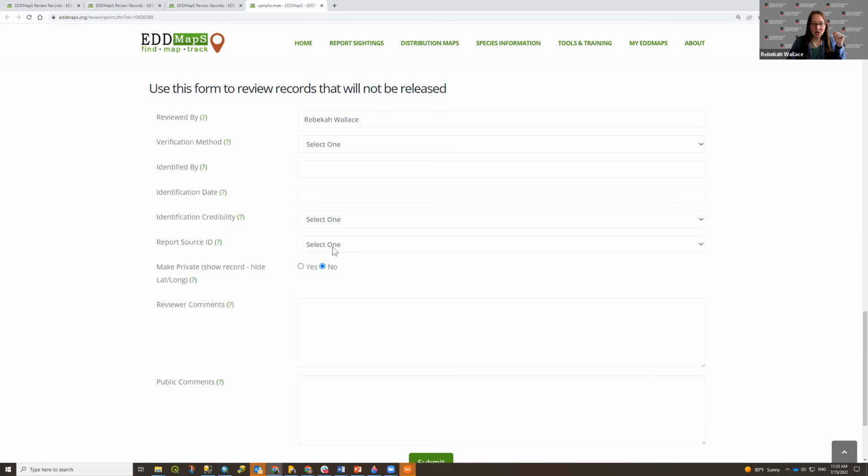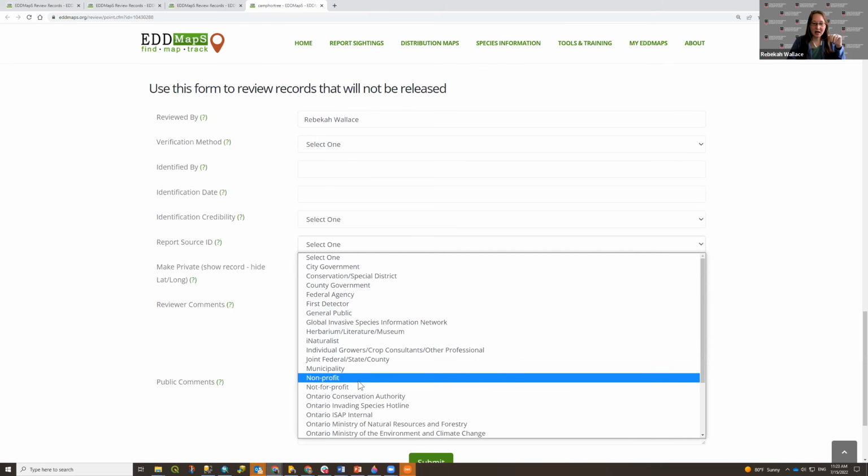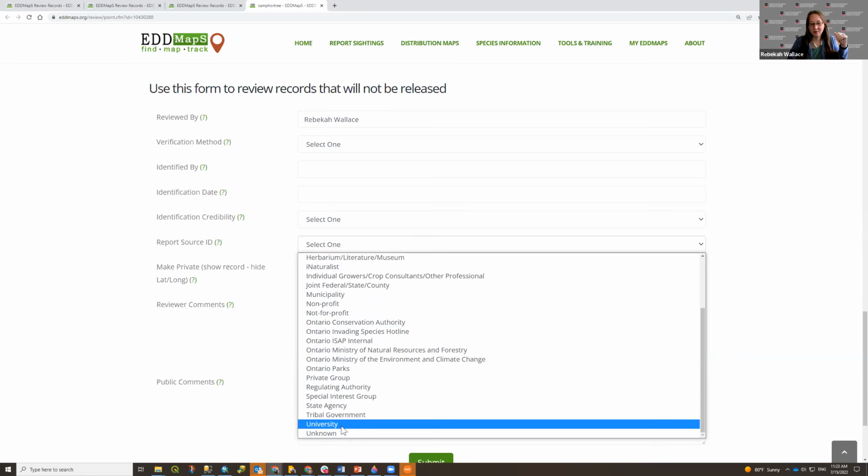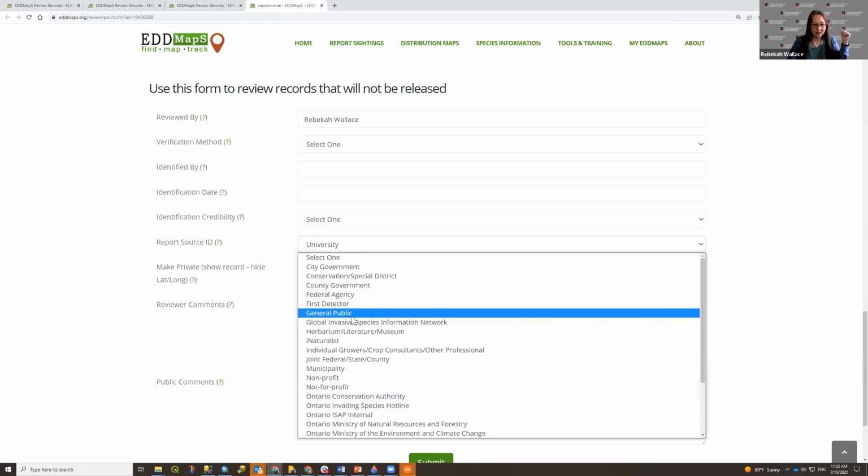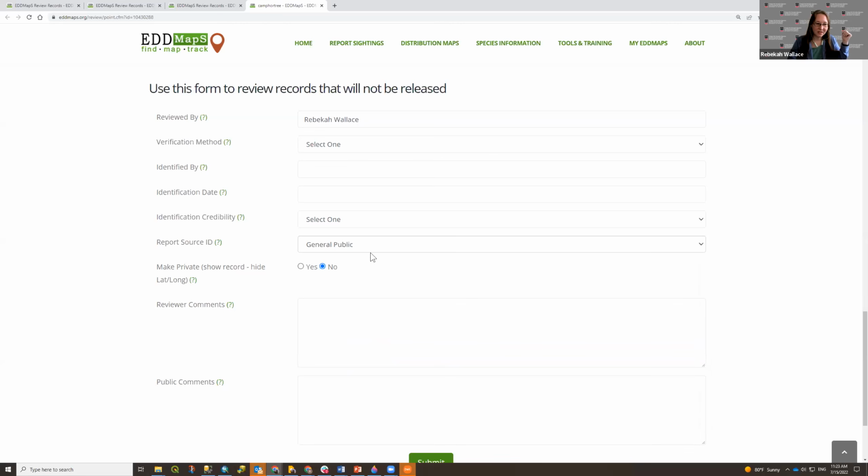Report source ID is an optional field. So you can say, okay, I know Tristan works for a university, or maybe Tristan is doing this on his own time, so he is doing this as the general public. This is an optional field. It's not required. Private. So we talk about private a lot in various aspects.